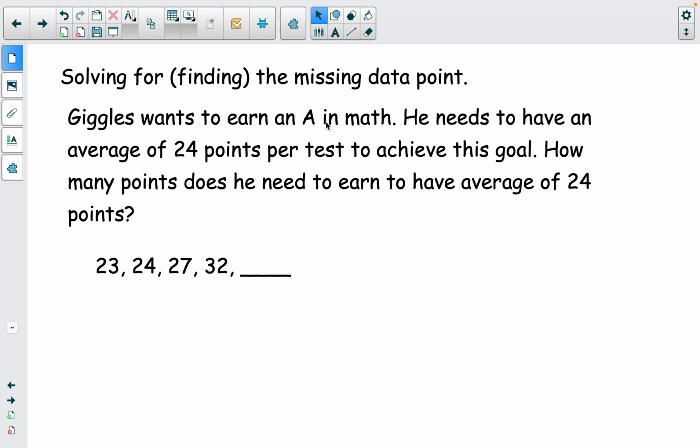Giggles wants to earn an A in math. He needs to have an average of 24 points per test to achieve this goal. How many points does he need to earn to have